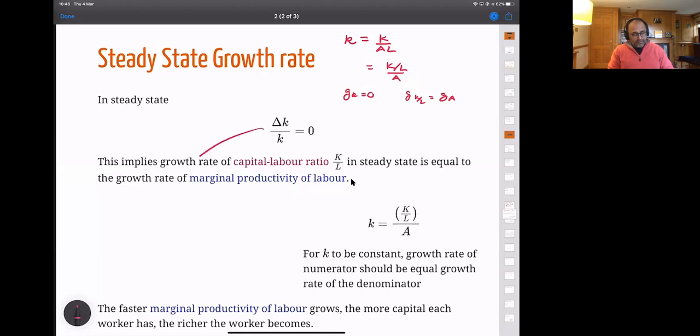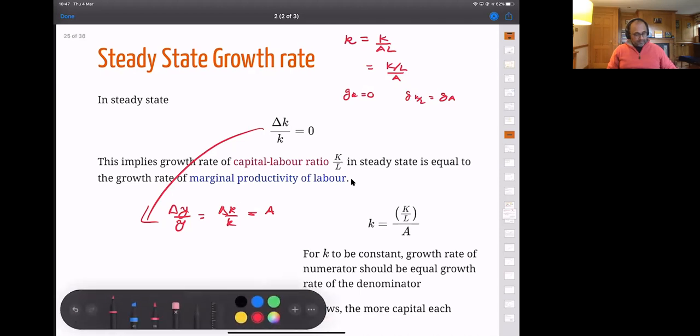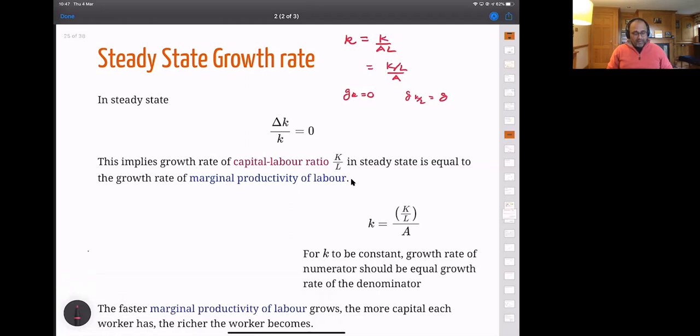And that means that you can, from this, say, and this is a slight bit of a jump, take my word for it for a moment, but if you really want to know the details, I can give you the details on this. We can say that del y over y is del k over k is equal to A. So that is saying, sorry, I shouldn't have written it that way. What that is basically saying is that